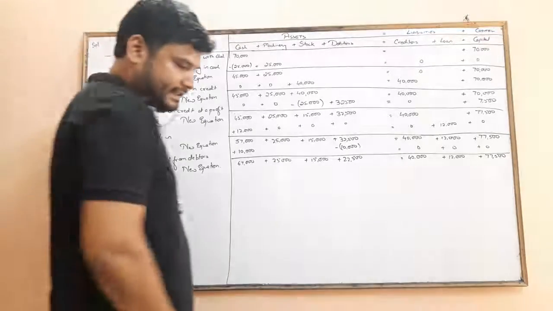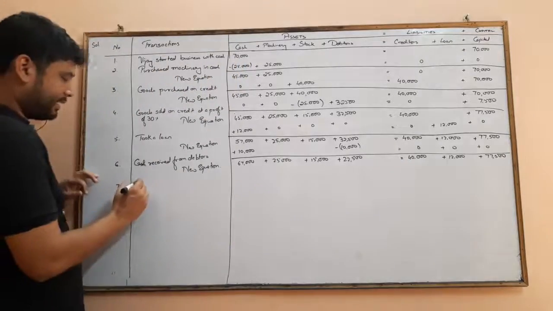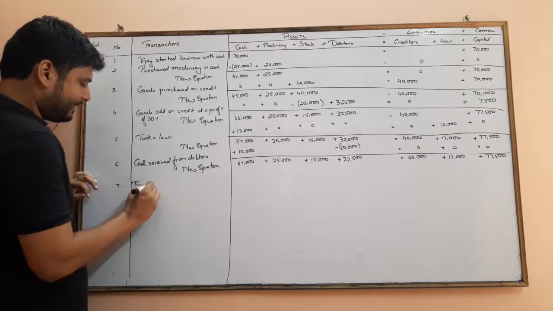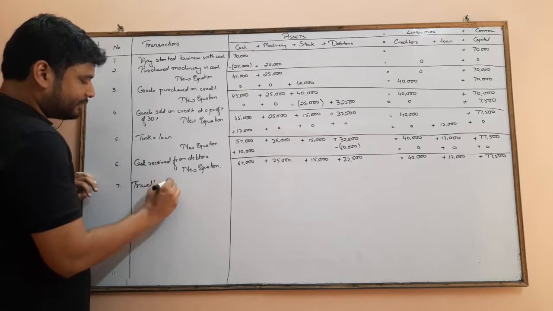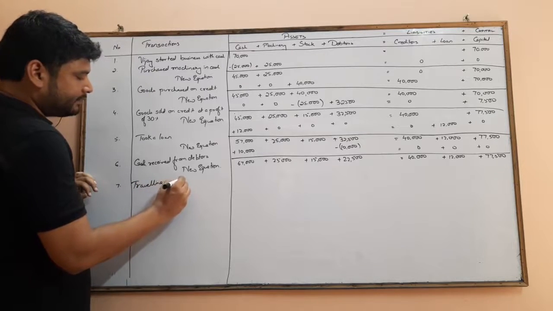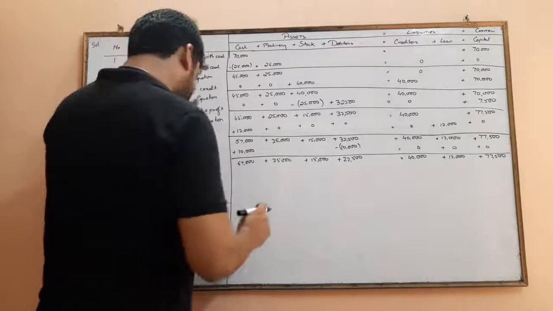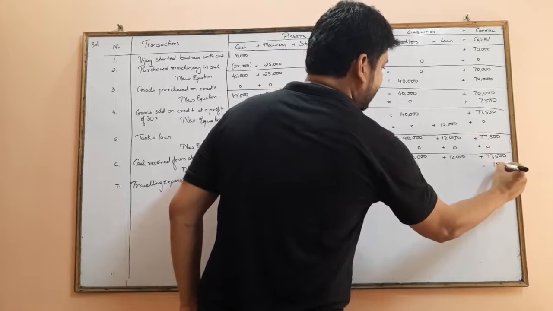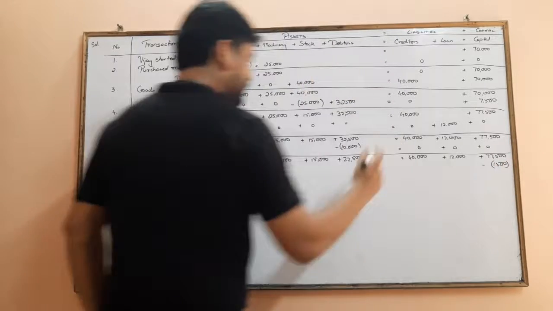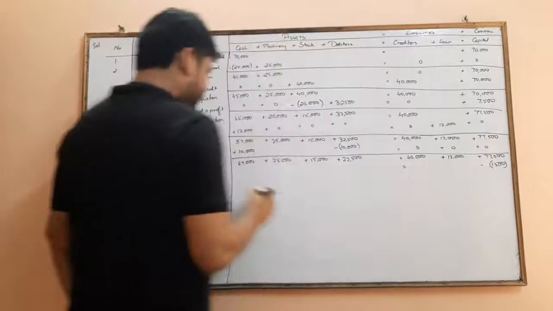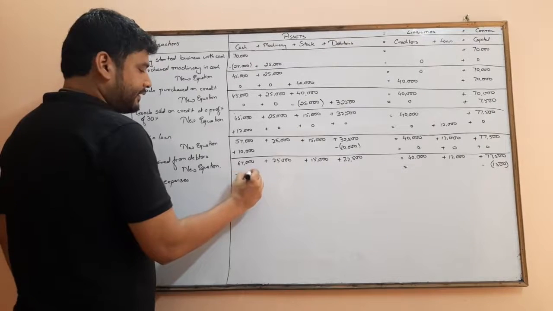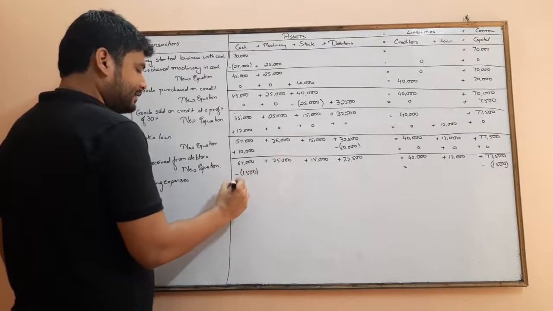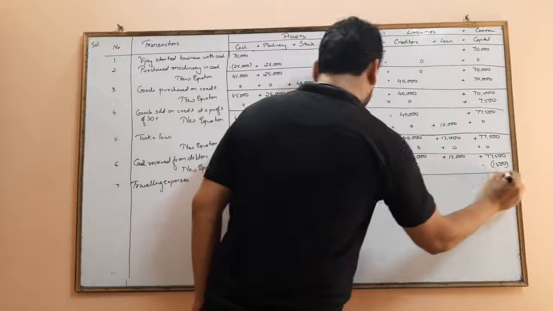Now coming to point number 7. Point number 7 says traveling expenses. Now I have incurred expenses in the form of traveling. Expenses are subtracted from capital. So 1,500 is in the form of expenses. It will be subtracted from the capital, that is 1,500. In which form have I paid? Nothing mentioned, so it will be in the form of cash. So 1,500 from the cash. So my new equation after this transaction,